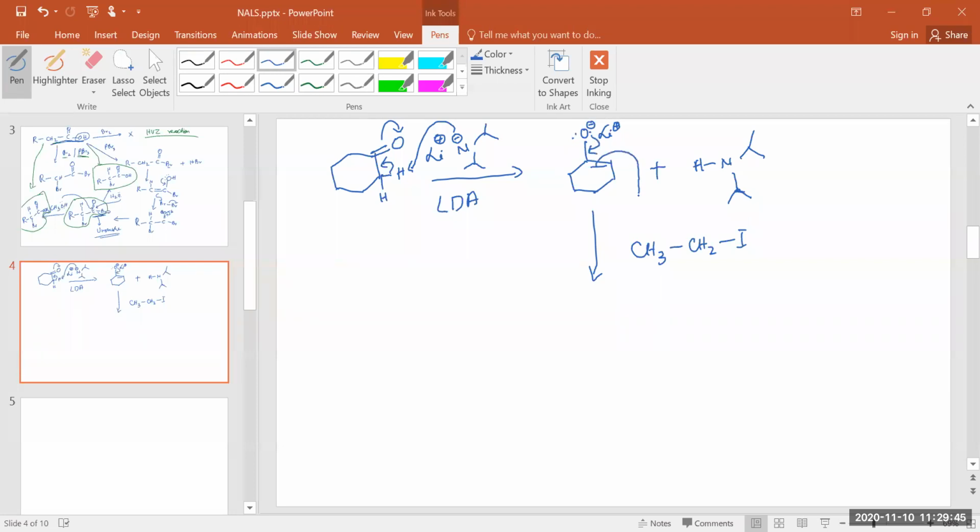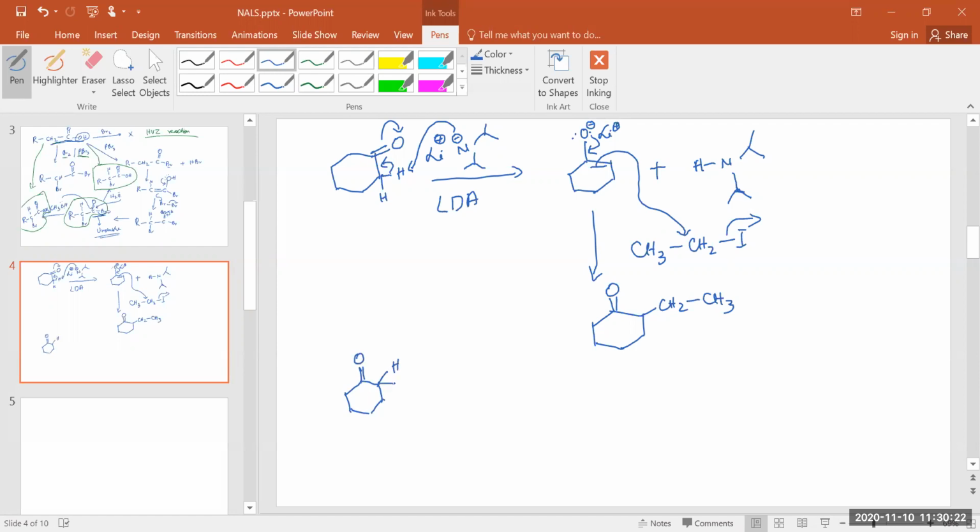This will come here and substitute iodine. Okay. So it will make an alpha substitution. So under acidic or basic condition, okay,